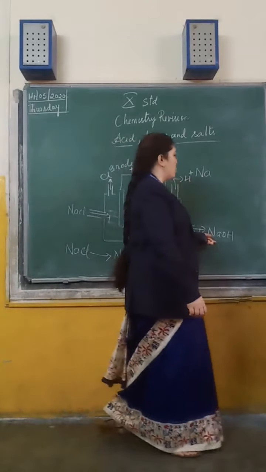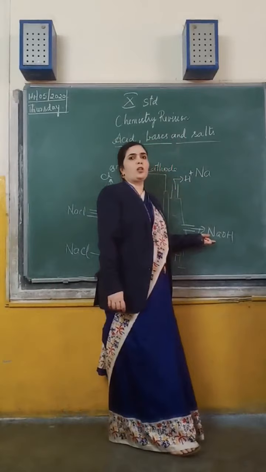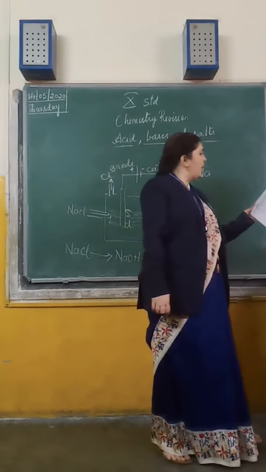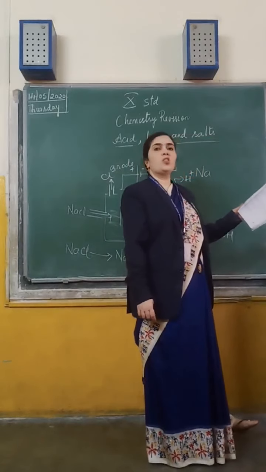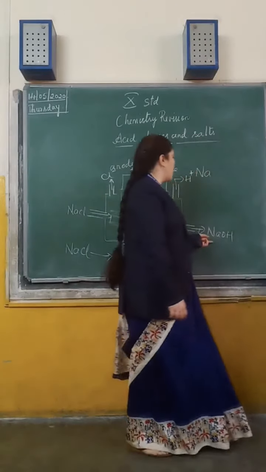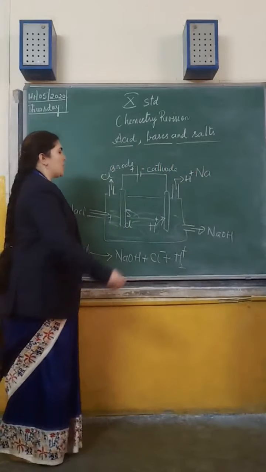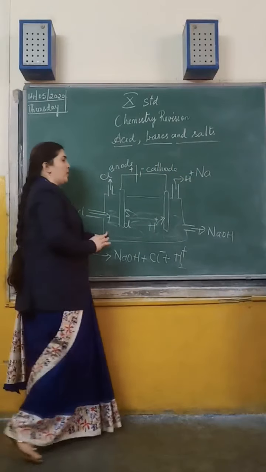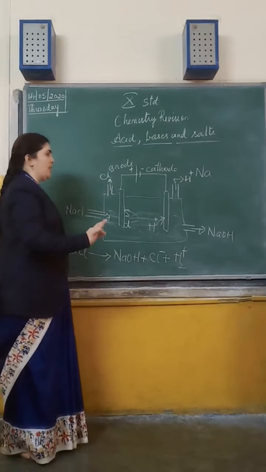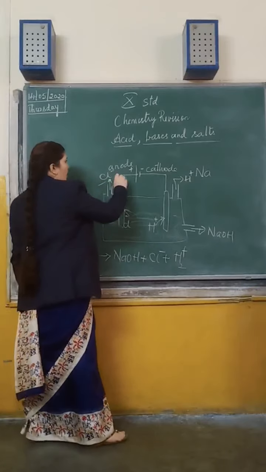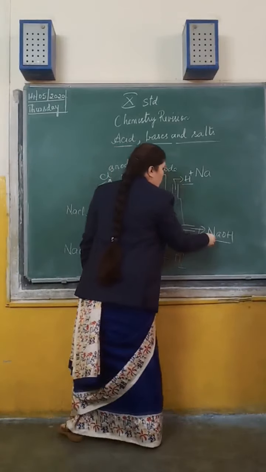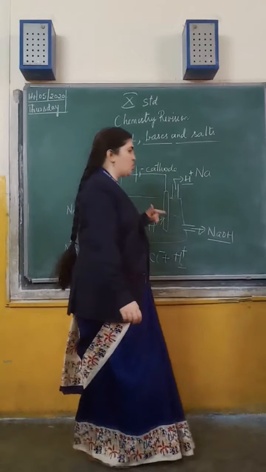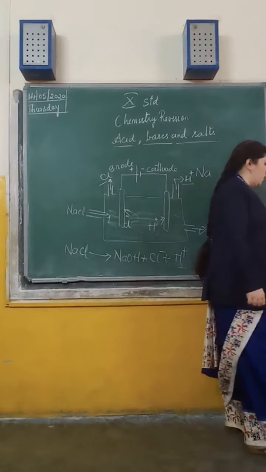Sodium hydroxide also has many uses: to manufacture ammonia fertilizers, for degreasing metals, and in soaps, detergents, and paper making. All these are the uses of sodium hydroxide. So draw the diagram neatly for 3 marks. When they ask what the 3 different products are: chlorine is a product, hydrogen is a product, sodium hydroxide is a product. The uses are given there in brackets, and you have to write the uses clearly in the form of points. So that was about that.